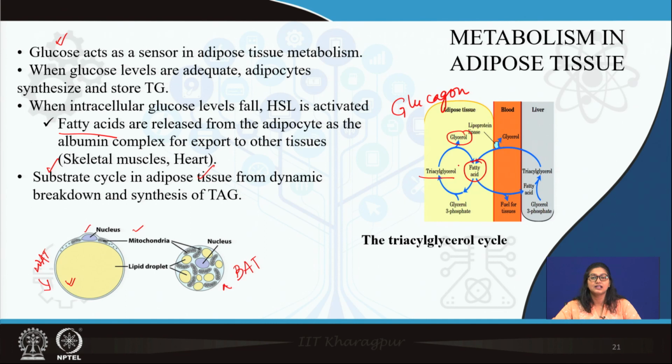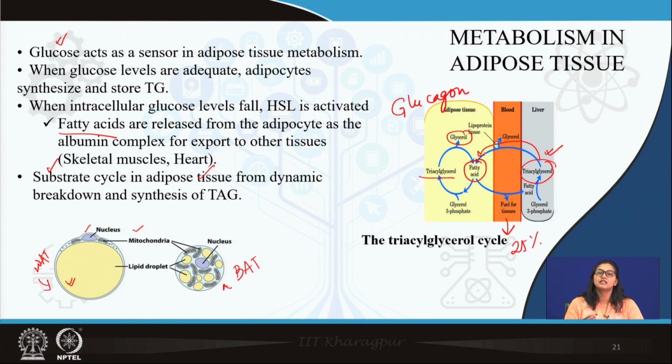Now, remember, of the fatty acids provided by adipose tissue, 100% are not utilized for providing energy. Only 25% of these fatty acids are actually utilized in beta oxidation. 75% of these fatty acids go back to liver. There they form triacylglycerol, and this triacylglycerol comes back to adipose tissue